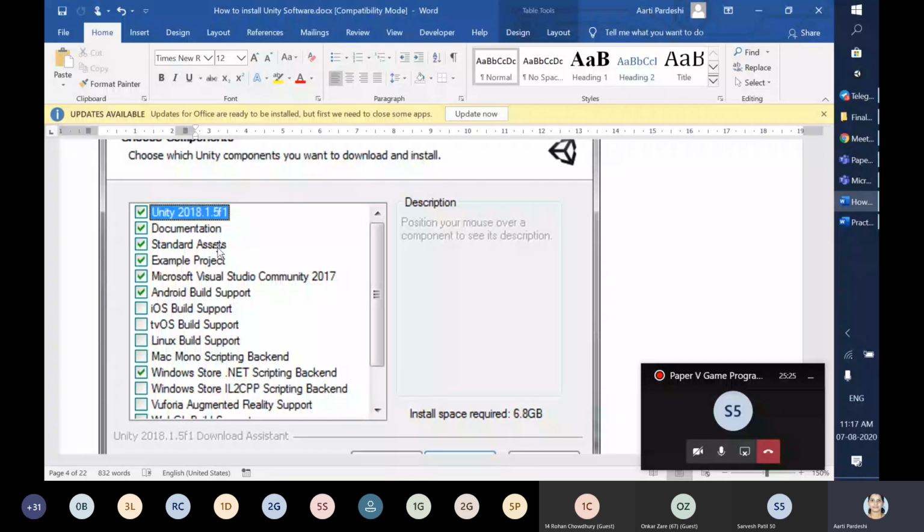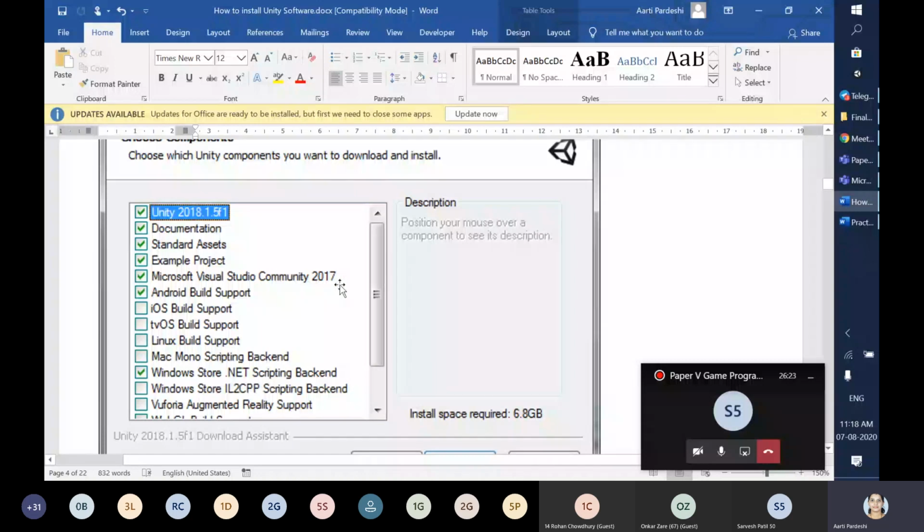Example projects are nothing but, if you click on this example project and install it, in the start itself it's going to download one game, a car game, totally black and gray. This is such a huge amount because we have selected Visual Studio Community 2017. Now Visual Studio Community 2019 version was already launched last year, but we are not going to require it, and I don't think your syllabus requires 2019 either.